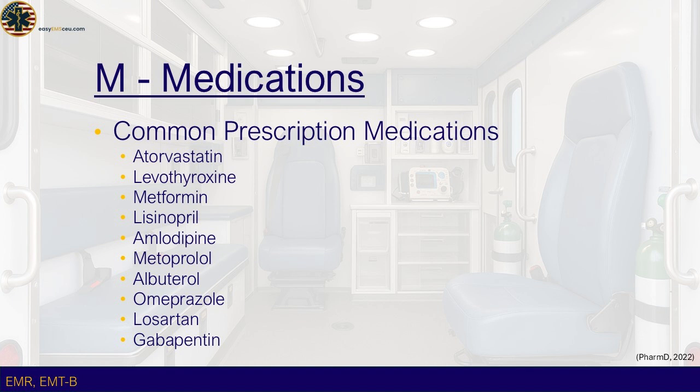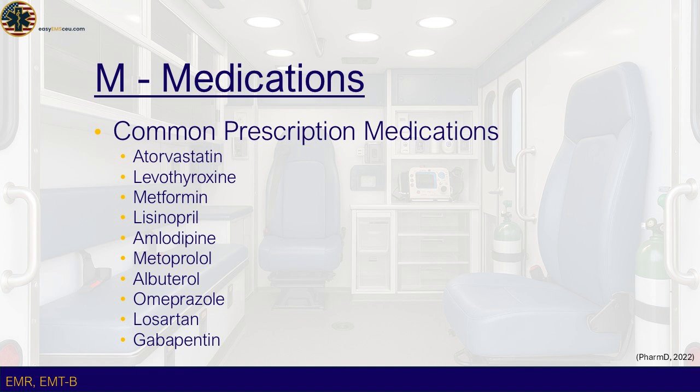Common prescription medications include atorvastatin, brand Lipitor, which treats high cholesterol; levothyroxine, brand names Levithroid, Levoxyl and Synthroid, used to treat hypothyroidism; metformin, brand names Fortamet, Glucophage, Glumetza and Riomet, used to treat diabetes; lisinopril, brand names Prinivil and Zestril, an angiotensin-converting enzyme, or ACE inhibitor, used to treat high blood pressure; amlodipine, brand name Norvasc, a calcium channel blocker,